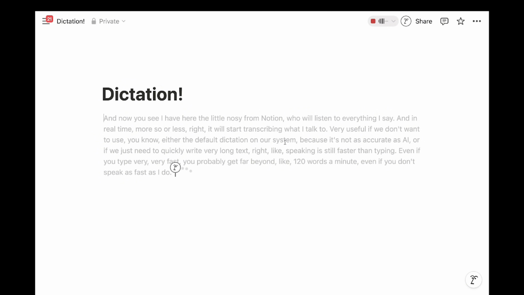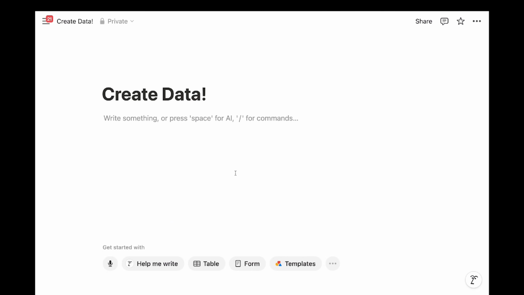Very, very powerful. And then whenever we're done, we simply stop it and then we can start editing our text like usual. 114 is all about creating databases in seconds. I use this all the time to create sample data for my videos, but you can also use it to actually create databases for your system. Now, by the time that you watch this video, Notion might have even launched already their AI assistant to create databases directly. They have launched some alpha of that, but if it's not out yet, you can use this workaround